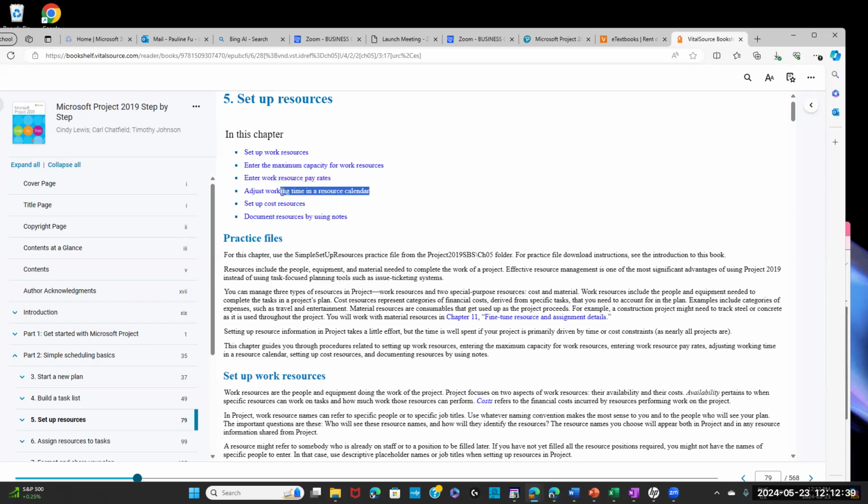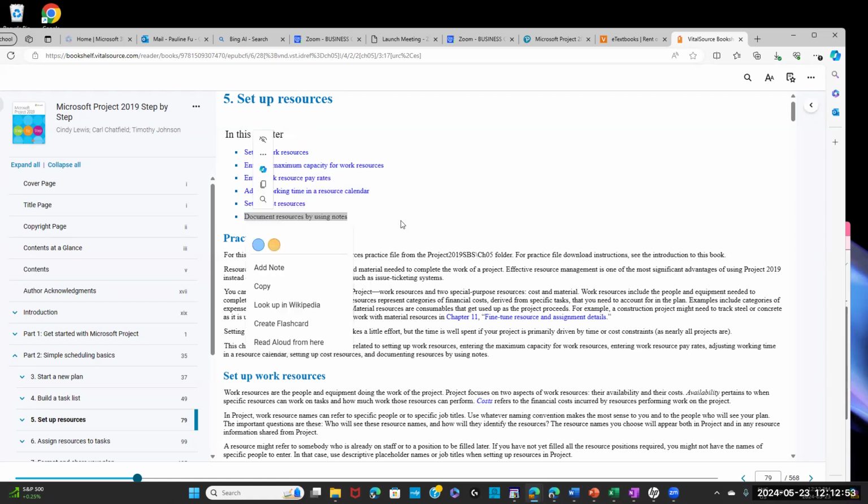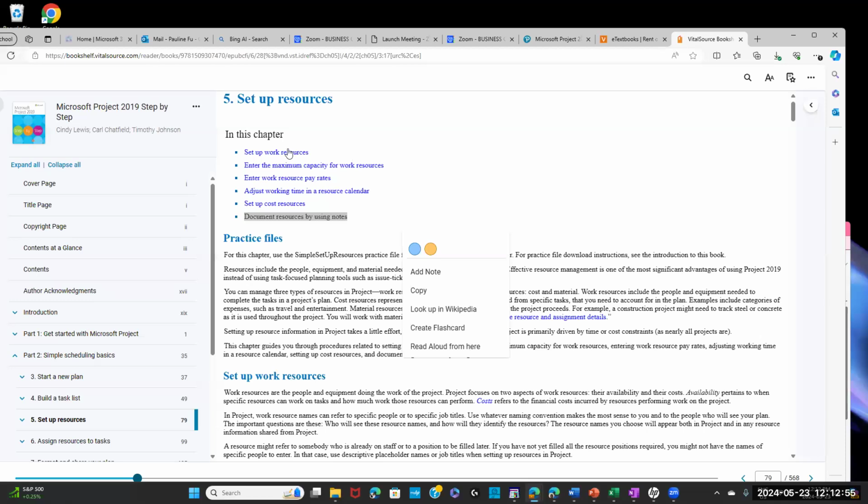Adjust working time in resource calendar. And then how do we enter the cost, material cost? Finally, document resources by using notes. Okay, so that is the overview of chapter 5. So you need to read over the textbook.